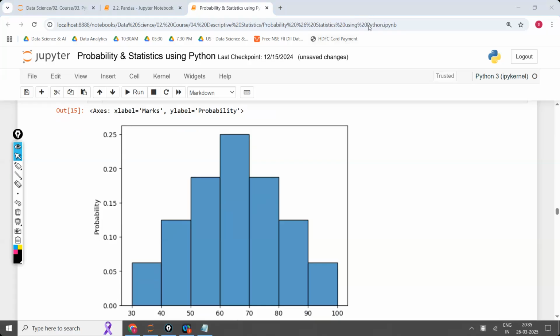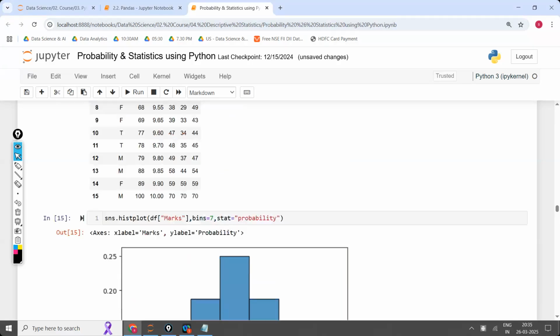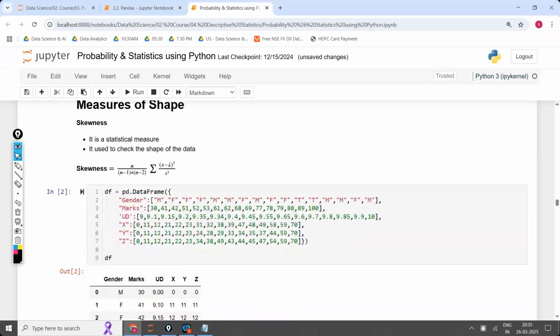Now, one of the students is asking, what is the purpose of so many plot representations? Can't we get the data representation from one plot for everything? No. You see, one by one. We will get one by one. Okay, we'll enter into that. When we are entering, you can understand everything.